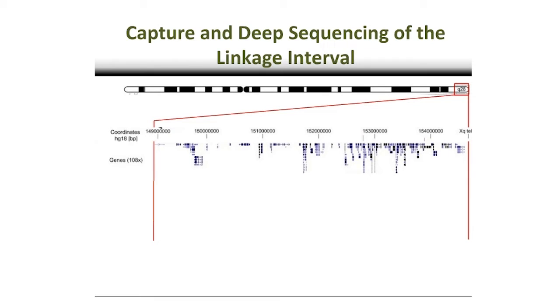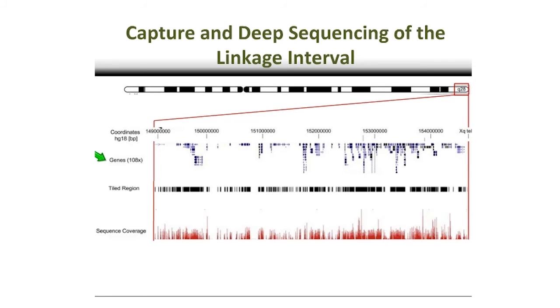It contains 108 genes, which are listed here. This is just the UCSC tracks. And what we decided to do was design a tiling array where we could capture these sequences for all of the coding and non-coding regulatory regions around these genes. That enables us to enrich the DNA many-fold over, so that when we're sequencing, we're only really sequencing the part that we've tiled.